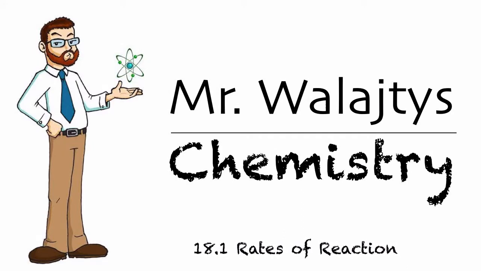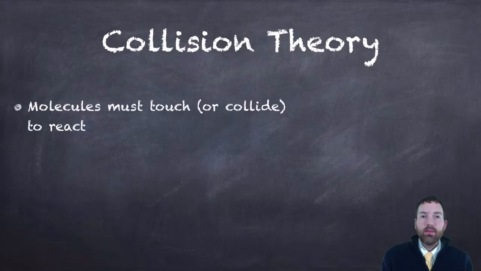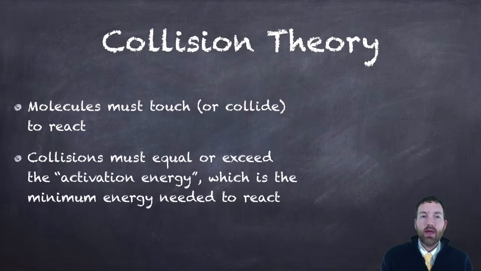This chapter is about reaction rates and equilibrium. In section 1, we're going to be talking about rates of the reaction. So in chemistry, there's this thing called the collision theory, and it says that molecules must touch or collide in order to react. Collisions must equal or exceed something called the activation energy, which is the minimum energy needed to